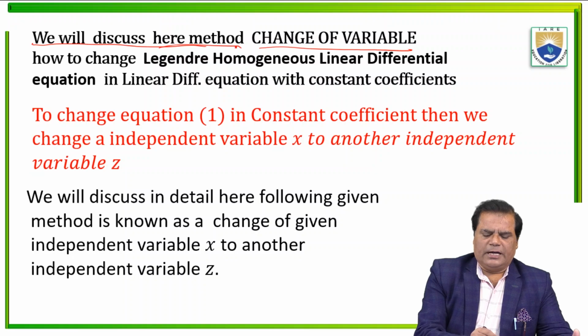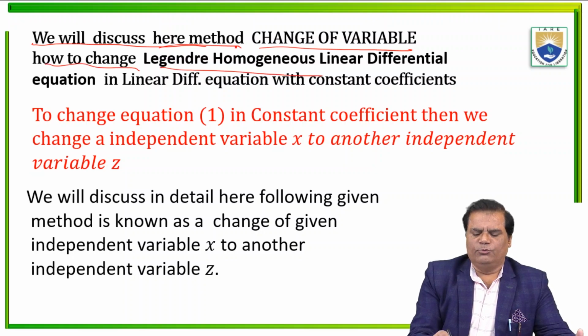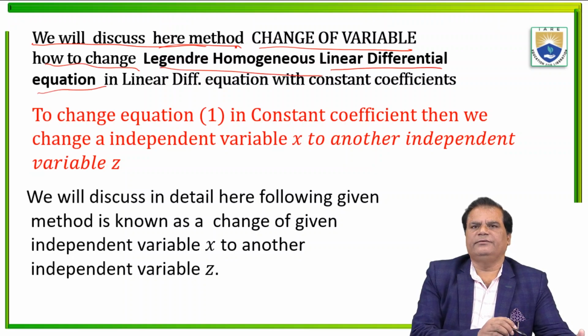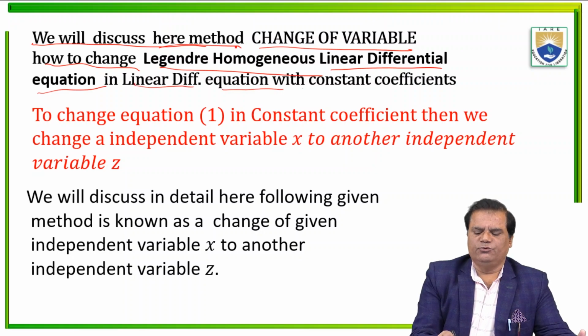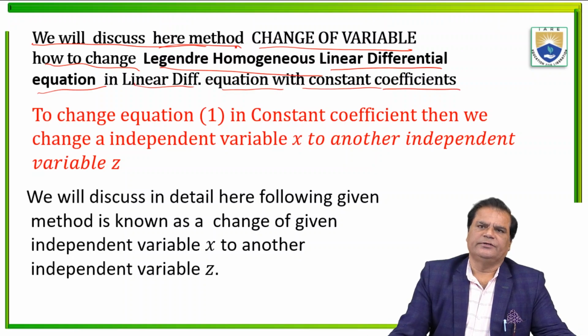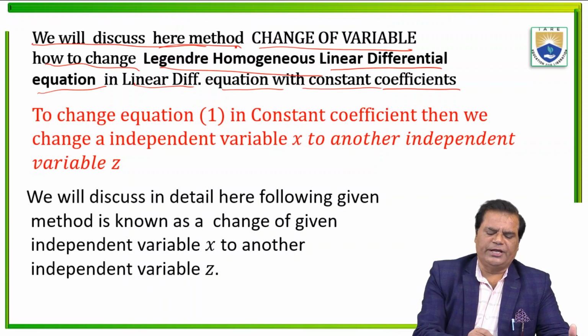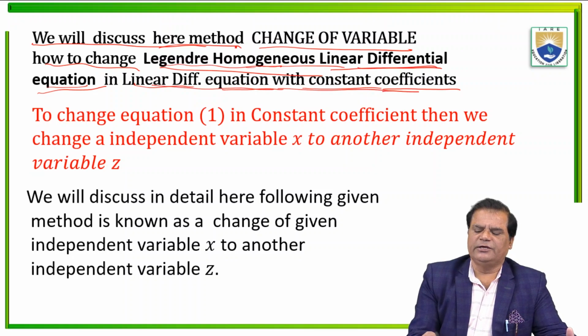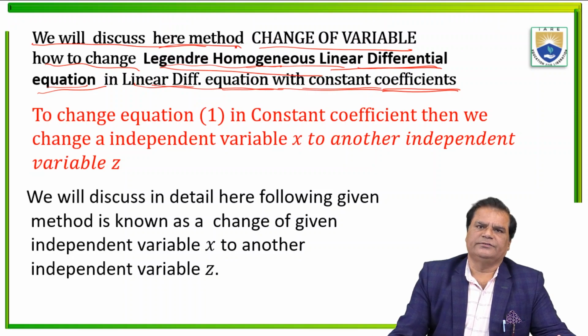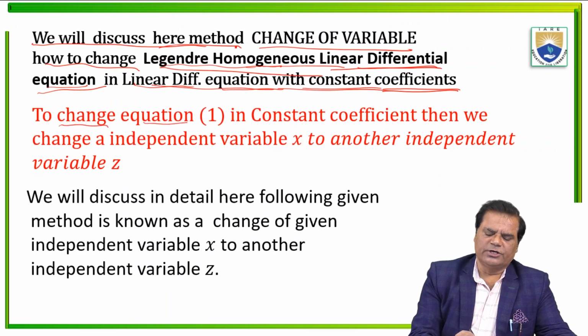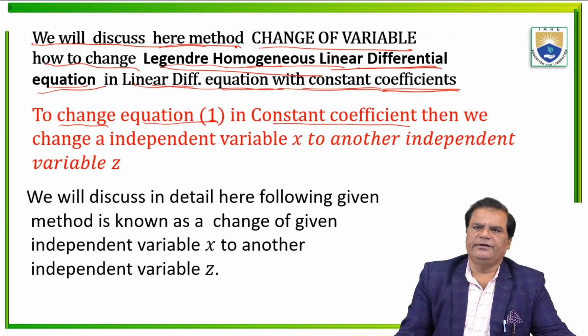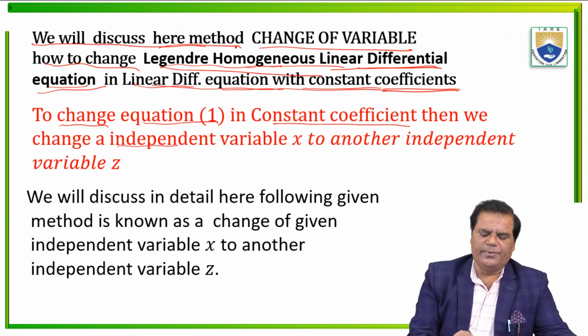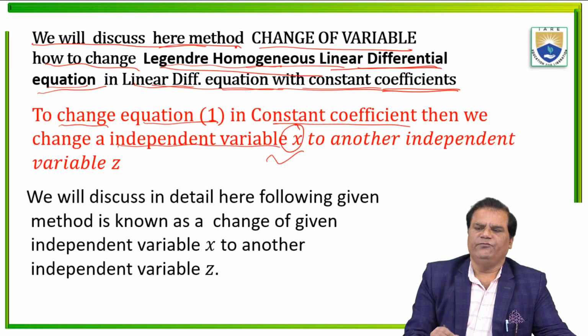So how do we change the Legendre homogeneous linear differential equation into a linear differential equation with constant coefficient? We want to discuss this in detail. To change equation 1 into constant coefficient, we change the independent variable x